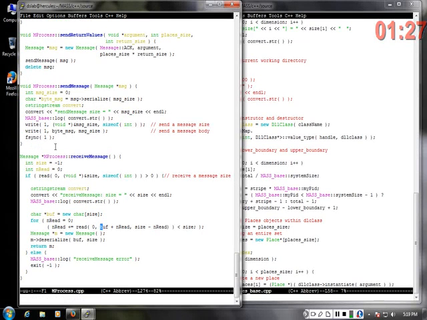So here, read from 0. 0 means standard input, right? So 0 is the standard input, 1 is the standard output, 2 is standard error. So read here, and the read just blocks here, and reads a message, and creates the message,